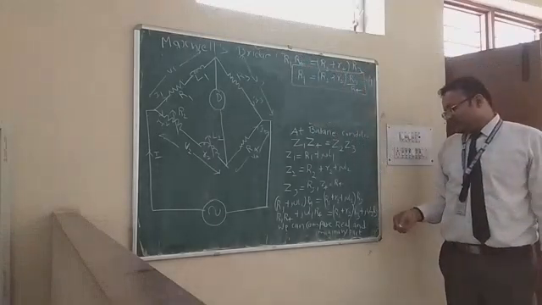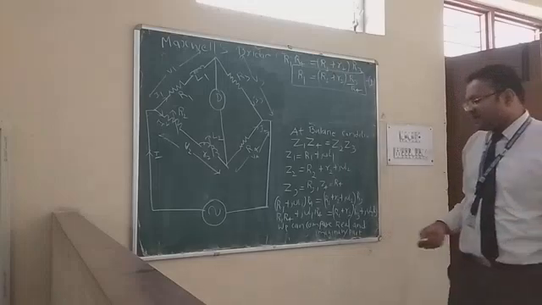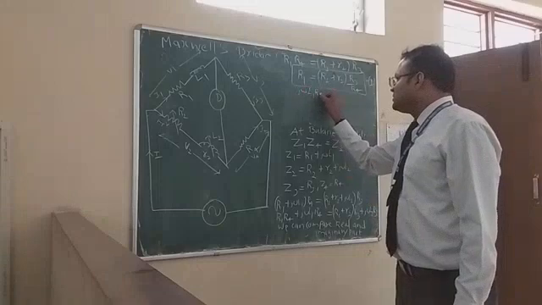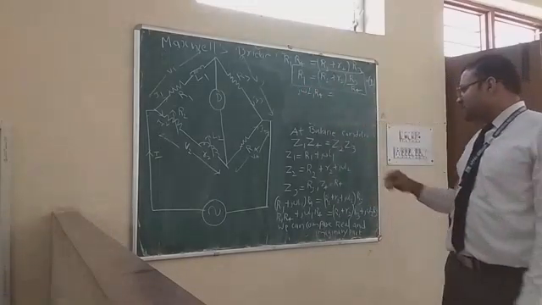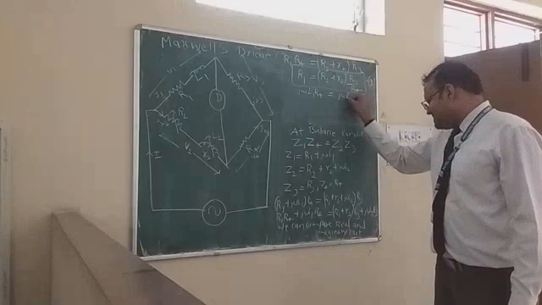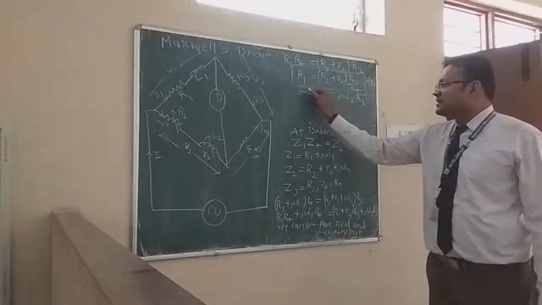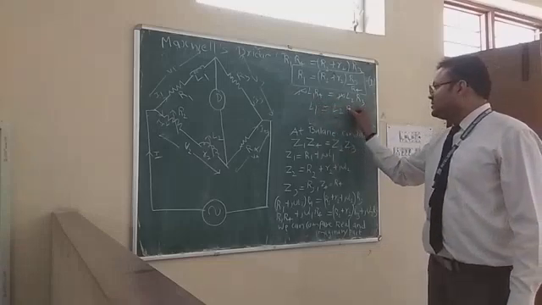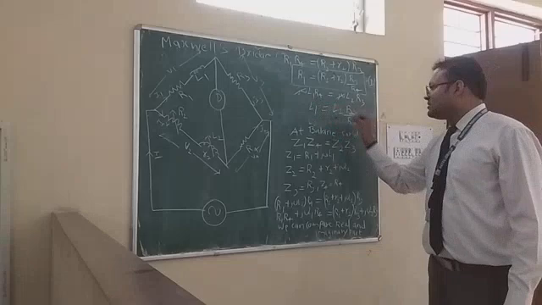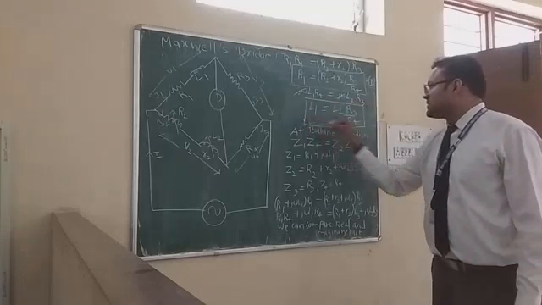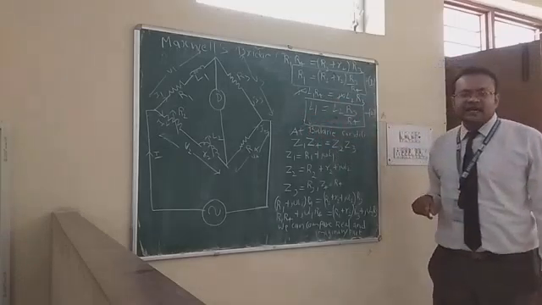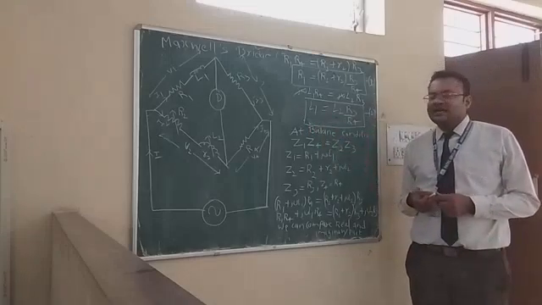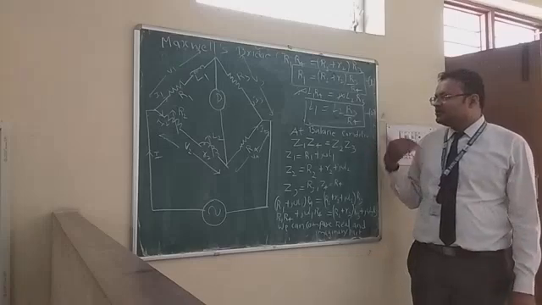Now we compare imaginary part at both sides, then we get j omega L1 into R4 is equal to j omega L2 into R3. Now we can cut j omega to j omega and we get the value of L1 is equal to L2 R3 upon R4. This is our equation number 2. With the help of this equation 2, we can find out the value of unknown inductance L1. With the help of this bridge, we can find out the value of unknown inductance L1.